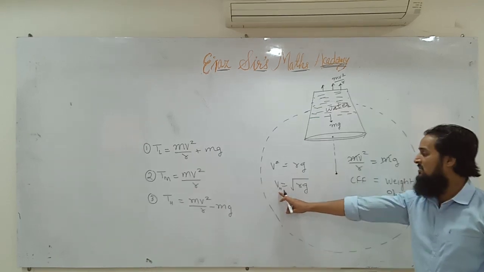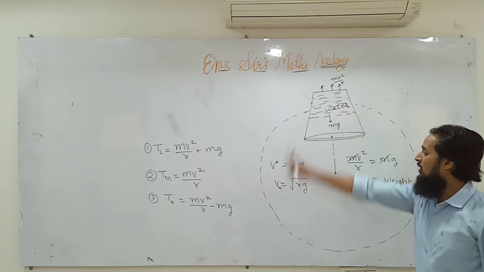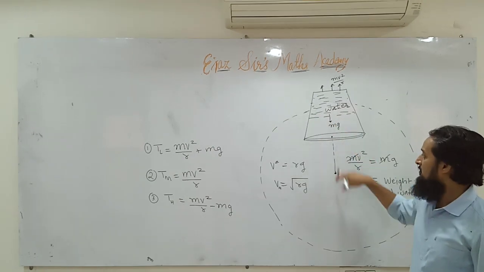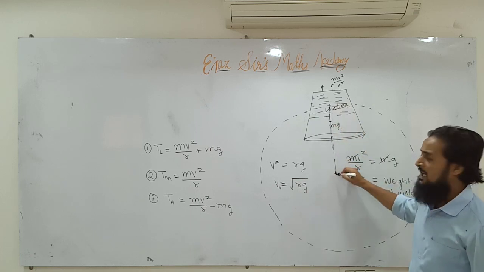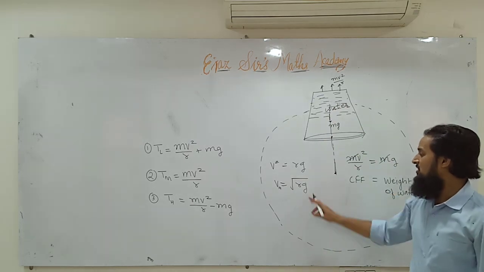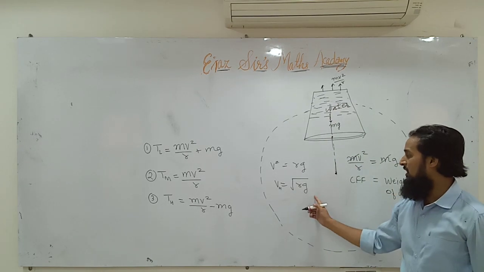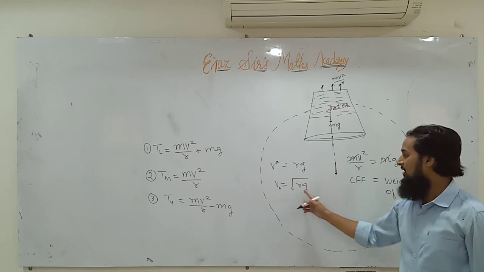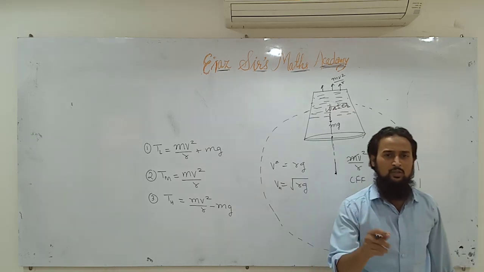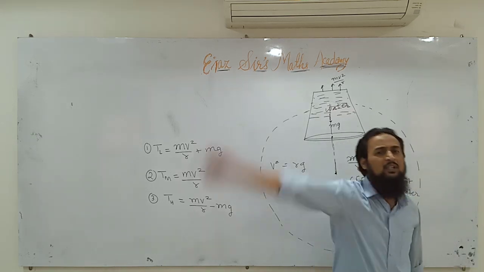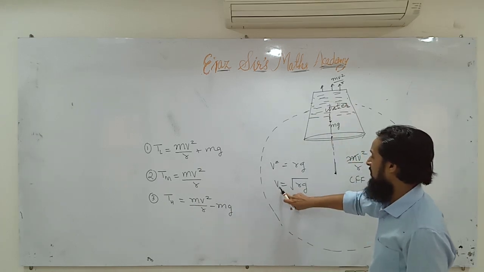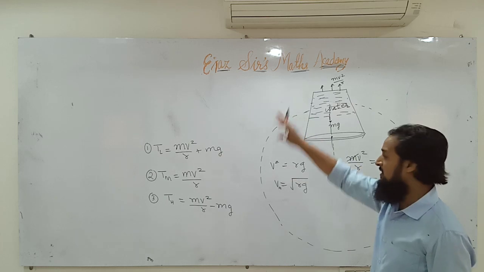If you tell me, Ansar sir, the water should not fall down, revolve the bucket in a vertical circle, so I will measure the radius of the string. Let this be the radius, average radius, we will neglect other things. Let R be the radius of the string, G be acceleration due to gravity. I will put them into square root and I will multiply them. Then I will find out the minimum velocity. And if you say the water should not fall down, I will revolve the bucket in such a way that at the highest position the minimum velocity will be either this or it will be greater than this value.